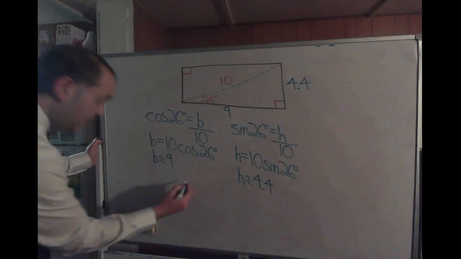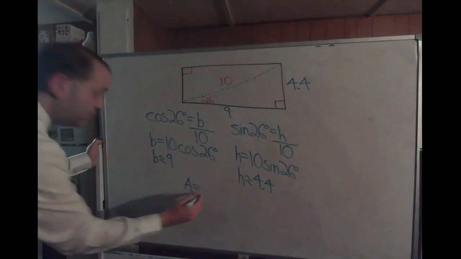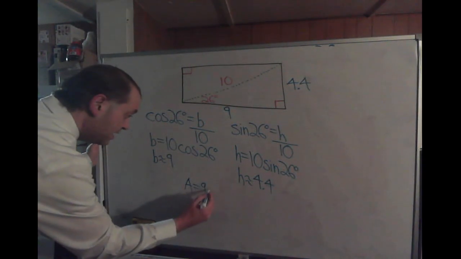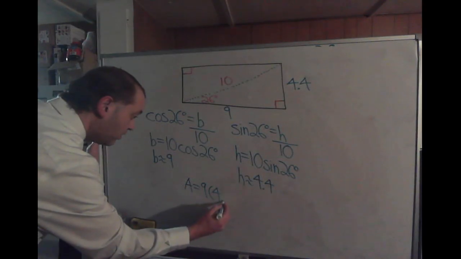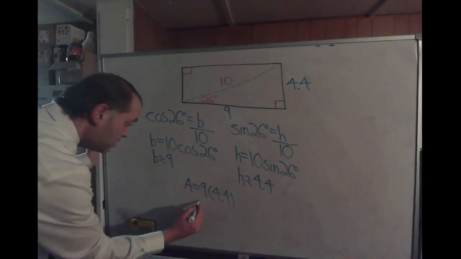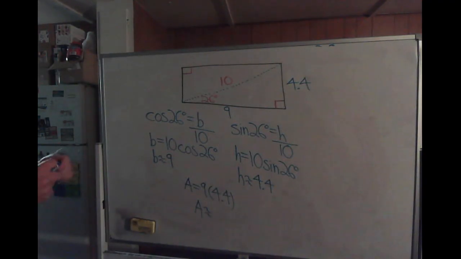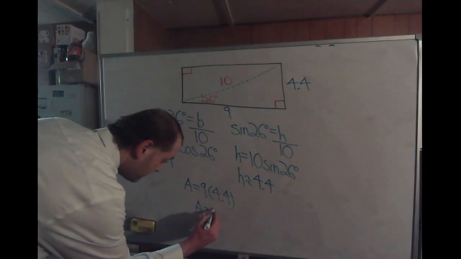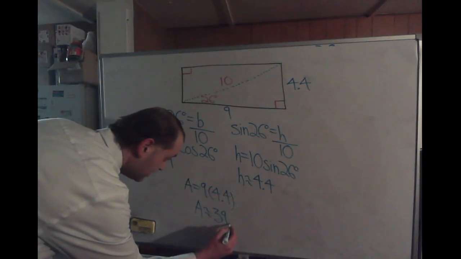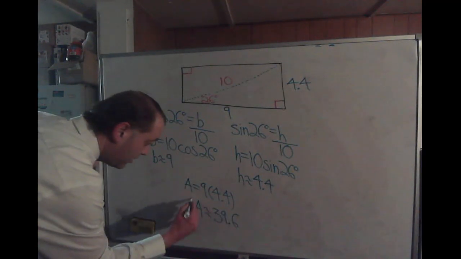Now we can find the area. The area, of course, is the base times the height, which would simply be 9 times 4.4, which would give you an approximate area to the nearest tenth. Let's take 9 times 4.4. 39.6. You get an area for this rectangle of approximately 39.6 square units,